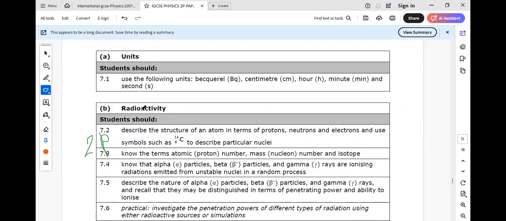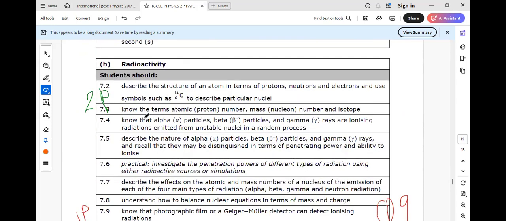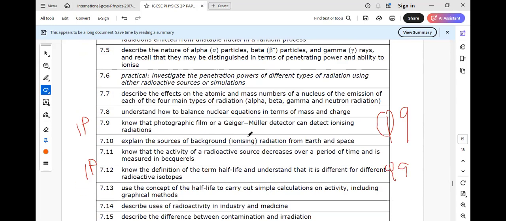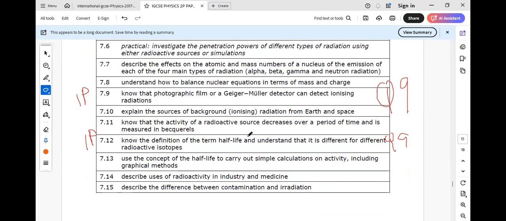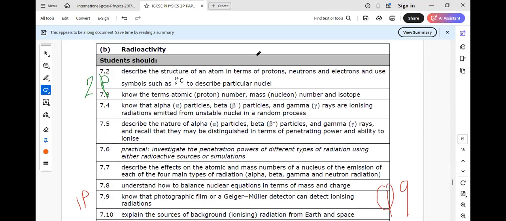Okay, so when it comes to radioactivity, they have given half-life as well as count or activity. They have given a question on activity, the Geiger-Müller tube and measuring the activity, as well as a question on half-life. So you will not get these areas in paper 2, and you might get some questions from